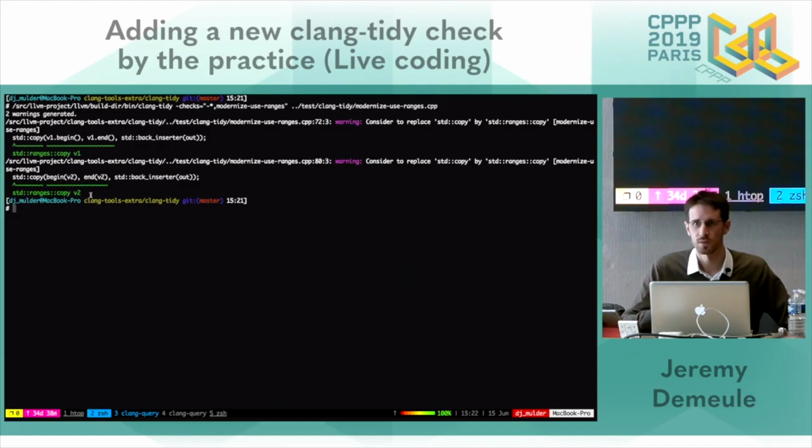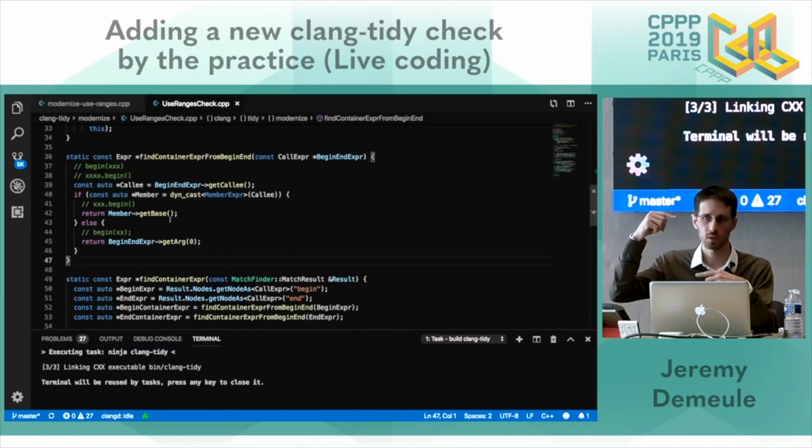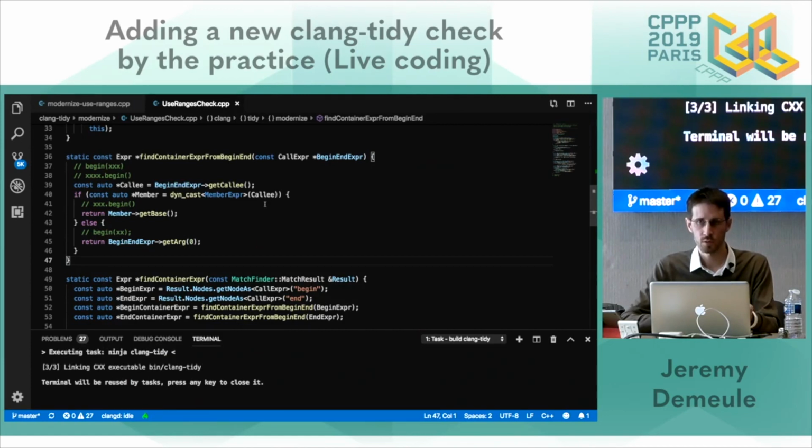Just a quick question. What happens if you have a std::copy but without the matching on the beginning and end as the two first arguments? Will the check run partly or will the check just be skipped? As is, the question is, what happens if I have something like the beginning and the end expression outside the call? As the matcher is written now, it will not match. This is a limitation for the purpose of the demo. To go further, this is possible. We have to change a little bit the matcher and write it differently. But it will not fit in the time.